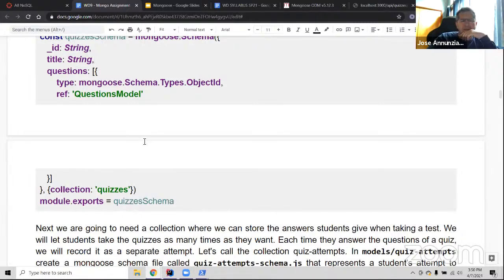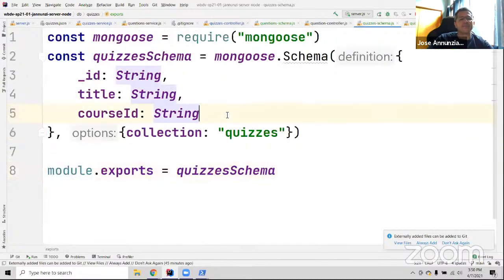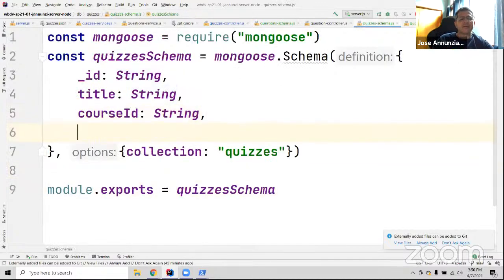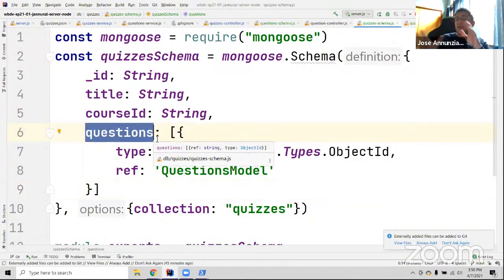I don't think we need it, but let me just point it out for you. Let me copy this. I'm going to put it in the quizzes schema, even though we didn't have it earlier, because I want to discuss it. We're probably not going to need it, but I do want to discuss it. So, Mongo,